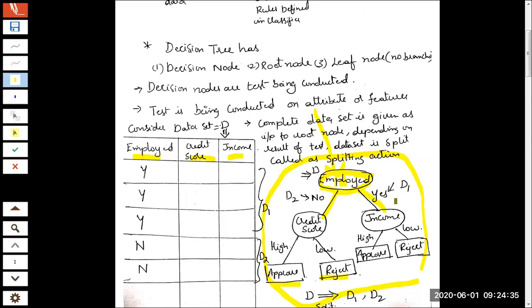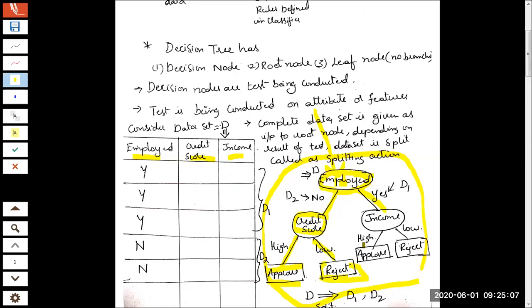Now, did this solve my problem? No. What was given in the question was that even if he is wearing an ID, you need to decide whether he belongs to first year, second year, third year, or maybe final year. So what do you need to do? You need to introduce one more node. What was that new node? Maybe uniform color. If it is of a specific color 1, it will take him to MIT first year student, color 2, second year student. This is how a decision tree is constructed.